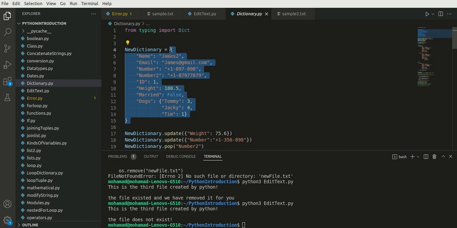By adding the apostrophes over these brackets, we can change it to JSON, or we can use the loads method in order to convert the JSON file to a dictionary or Python readable format. So generally,